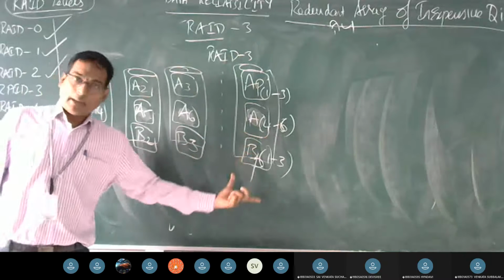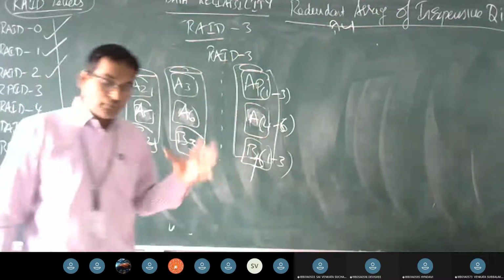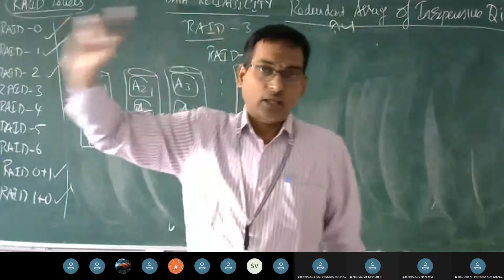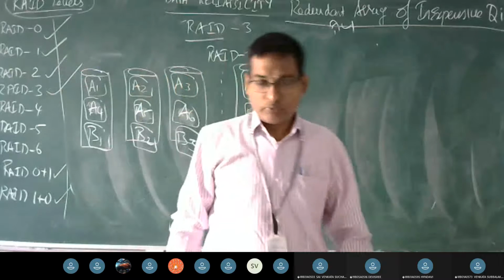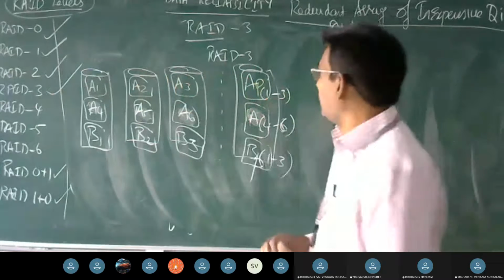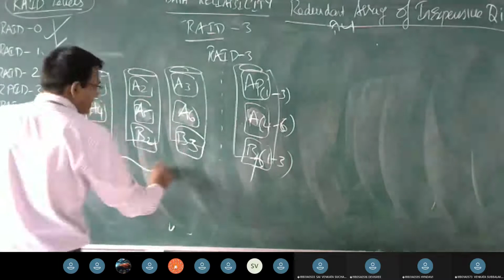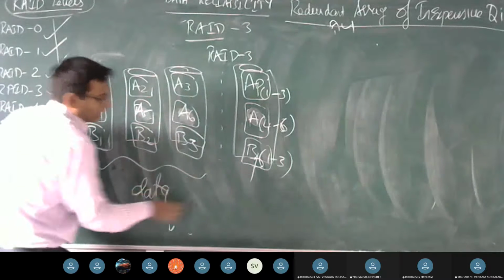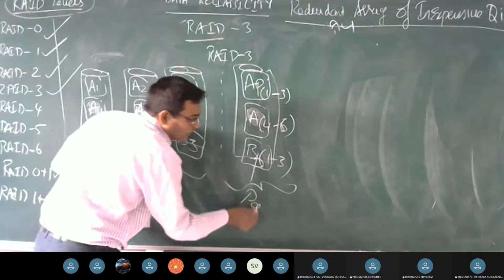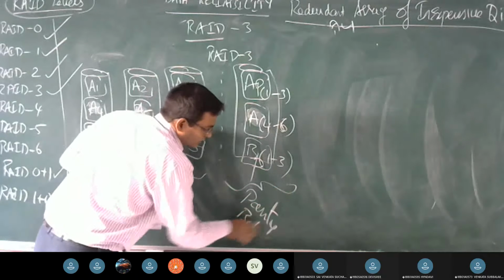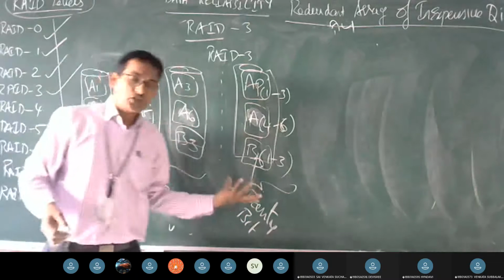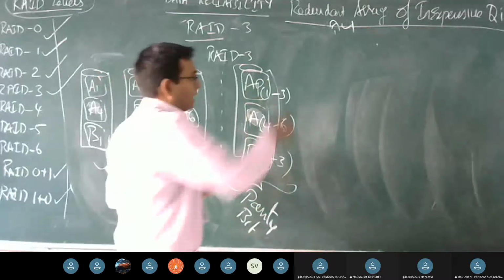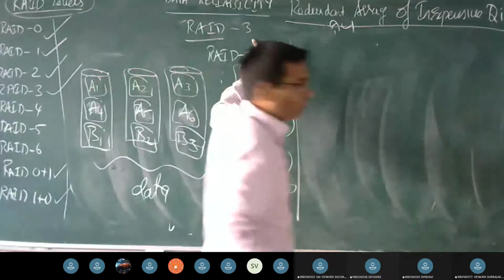B1, B2, B3, parity bit is going to be consumed. In this way, we are going to consume for a single row, for a single block there. Then we are going to assume that concept as RAID 3 level. So in RAID 3, we have an association of data striping here, and for this data striping, we are going to associate a parity bit. So first 3 are going to be representing the data part and the next one is going to be representing the parity bit part. So this is regarding RAID 3.